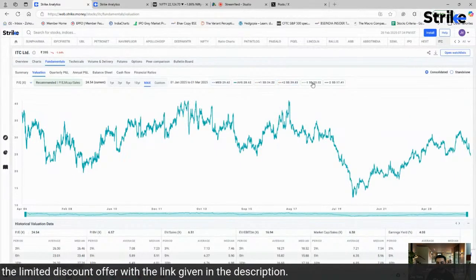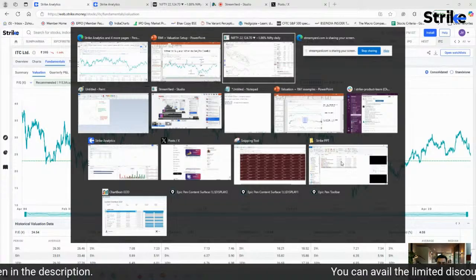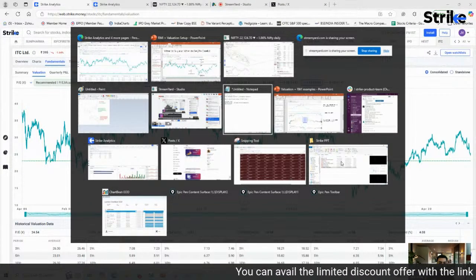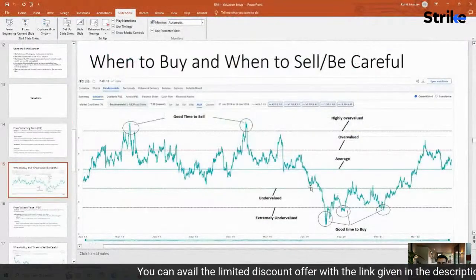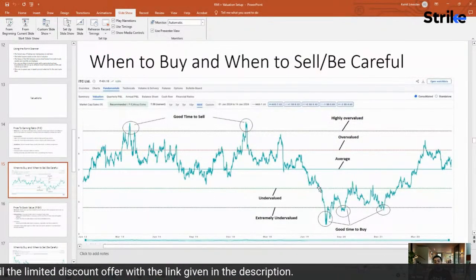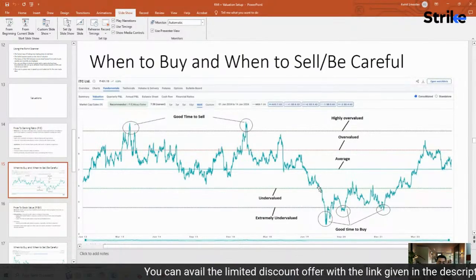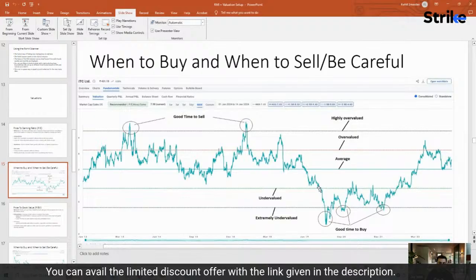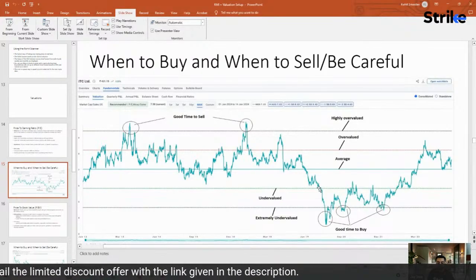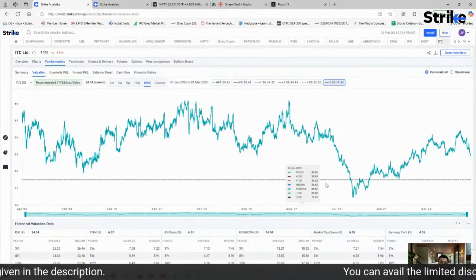The light green line is nothing but -1 SD, which suggests that there is some undervaluation. Sorry, it is over here, meaning it is below its average. So if the market used to give it a PE of 10 and now it is at a PE of 8, there is a chance of mean reversion happening, which can help you make money. As I'm telling you, this is only for valuation at this point in time. Then we will combine technical and fundamental both together. The last line is nothing but -2 SD.